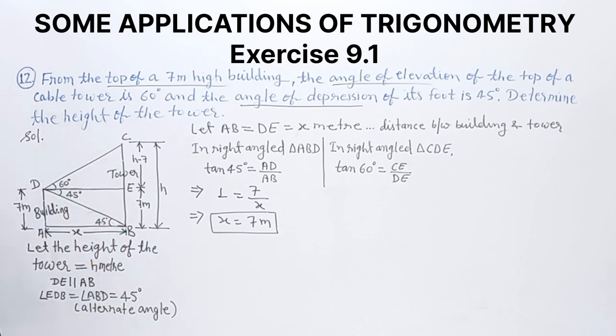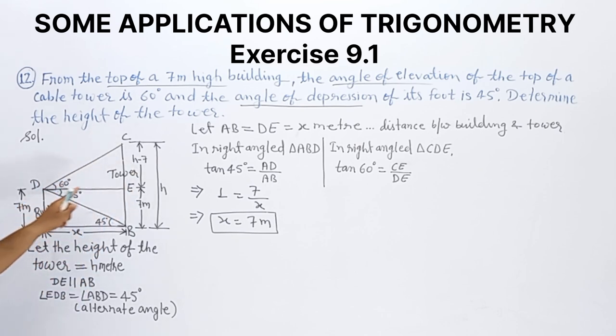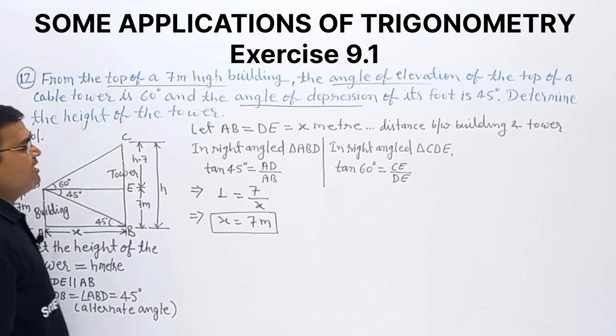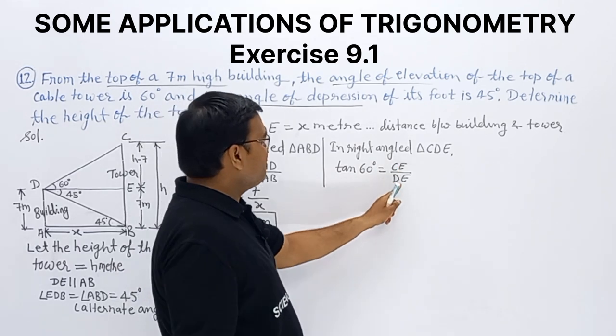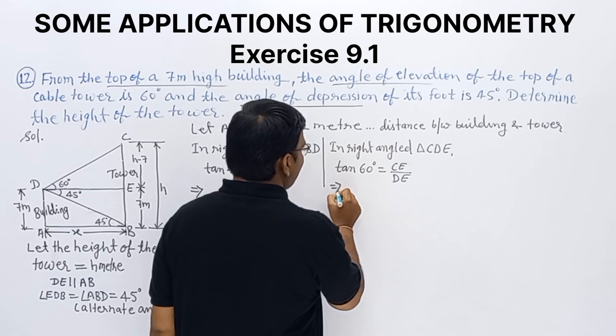We obtained 7 meters. Now if this is 7, automatically DE will be 7 meters. Now we are considering right triangle CDE, which has an acute angle of 60 degrees. Its opposite side is the perpendicular and the adjacent is the base. Tangent theta is perpendicular upon base. The perpendicular is CE and the base is DE. So putting the values, tangent 60 is